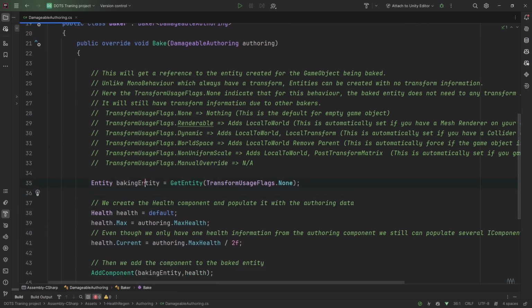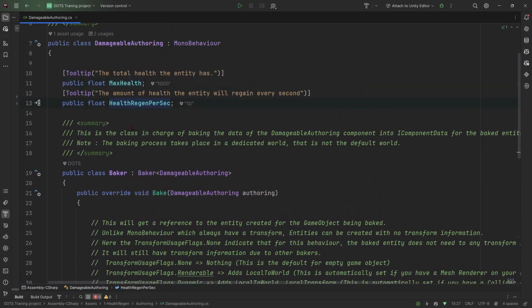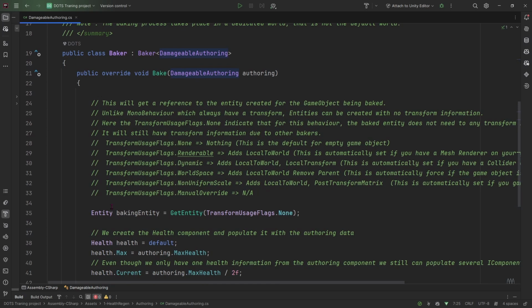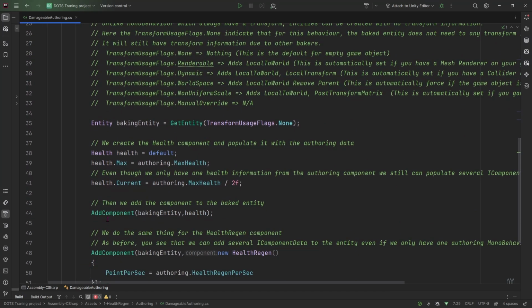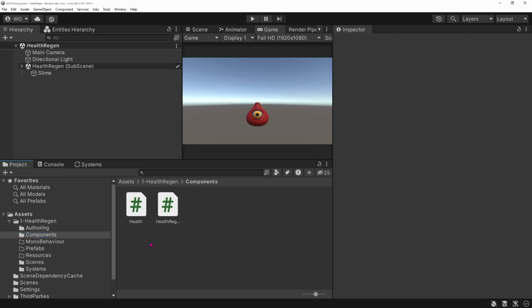So now that we have our entity reference, what we can do is define our new ECS components. And you will see I have two values, one game object component, and I will end up with multiple components and even more values. So the first component I want to define is the else component. If I look at the else component, which you can do by control clicking, or you can find it also here in the components folder, you have the else component and else regen component.